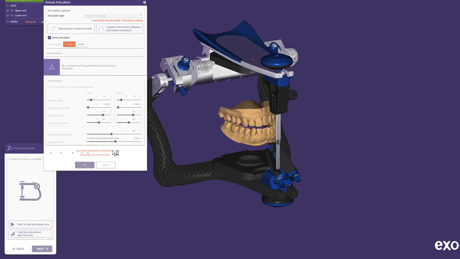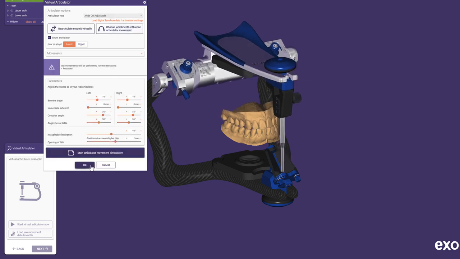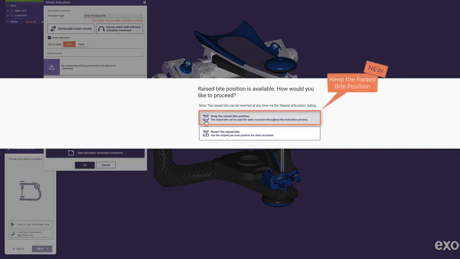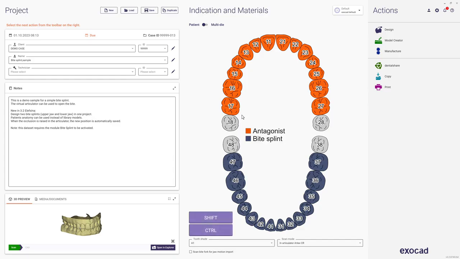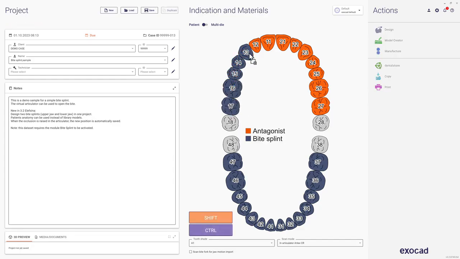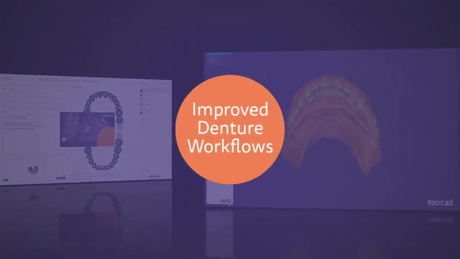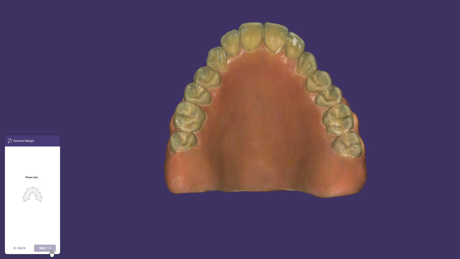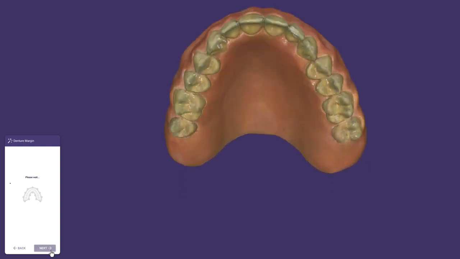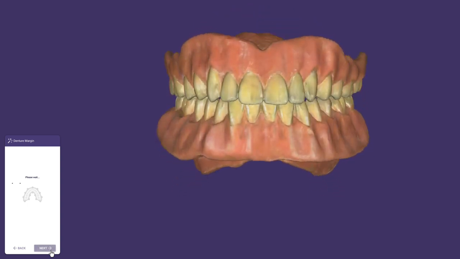Also new, when the occlusion is raised in the articulator, the new position is automatically saved for you. Furthermore, you can design upper jaw and lower jaw bite splints in one project simultaneously for easy adjustments of both splints in one go. Reproducing the patient's existing denture with a new anatomical situation in a highly automated workflow will